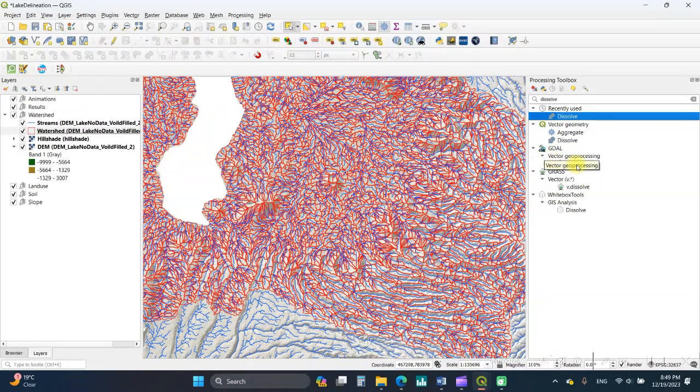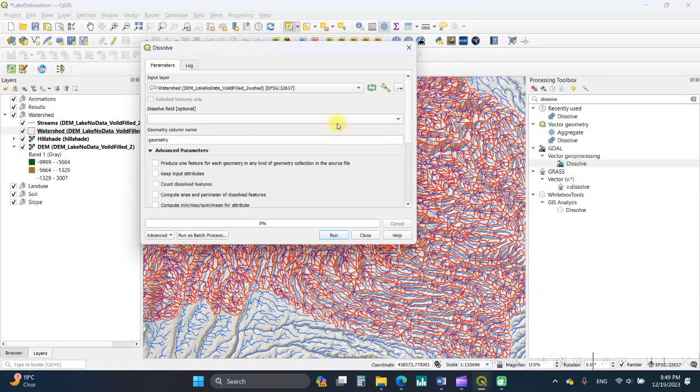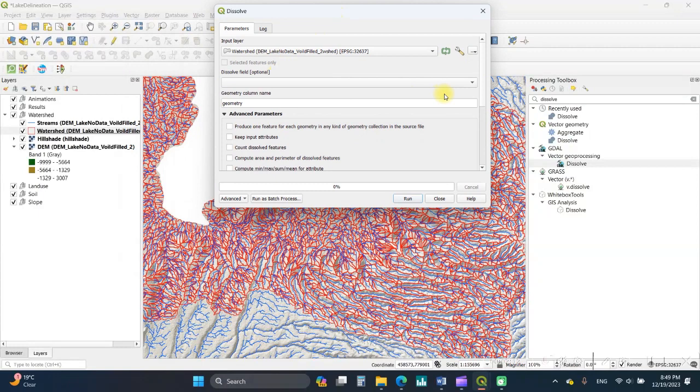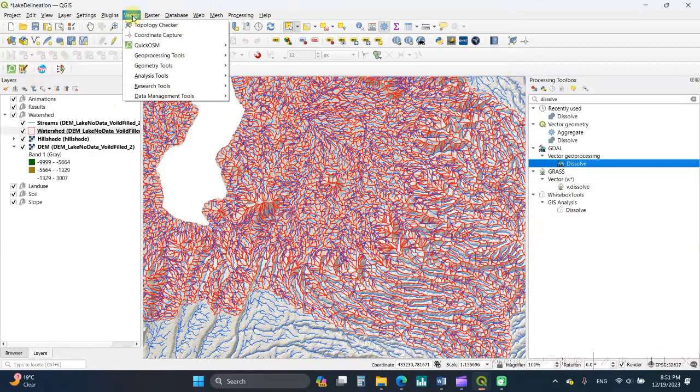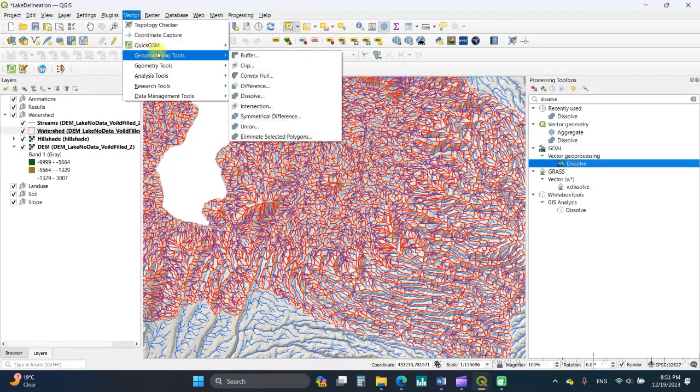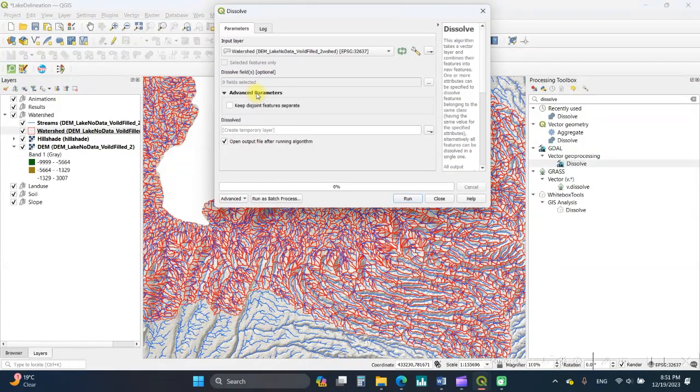So yes, I come here. Now instead, come here, vector, geoprocessing tools, and dissolve. Here, make sure that you are selecting this my watershed, and then